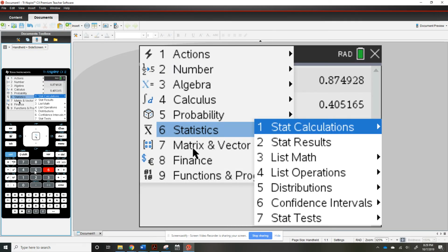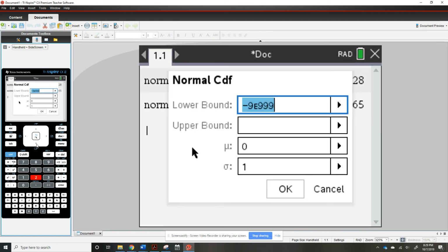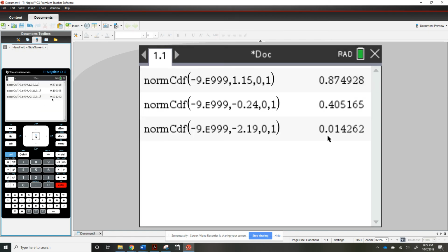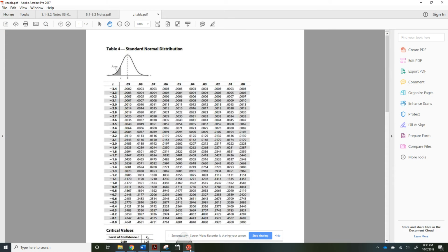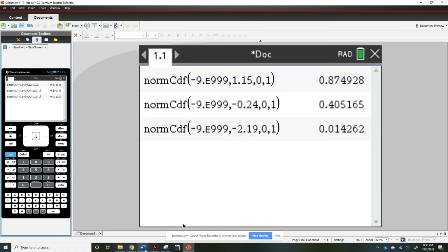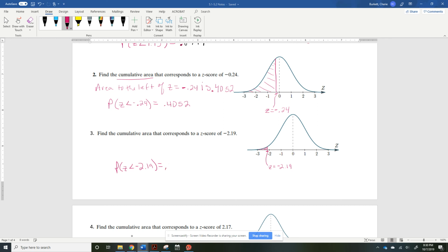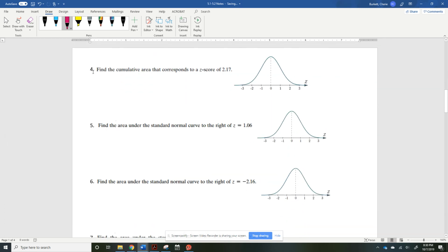Menu 6, 5, 2. Lower bound is negative infinity. Upper bound is negative 2.19. Tab, tab, tab. Press enter, and the answer is 0.0143. The probability that the z-score is less than negative 2.19 is 0.0143. All right. It's not going to stay that easy, of course, because now I'm going to talk about